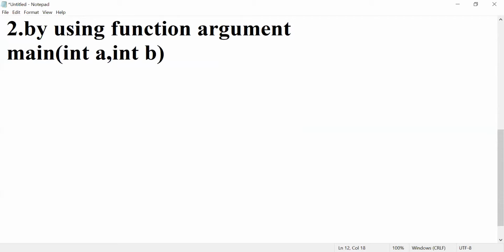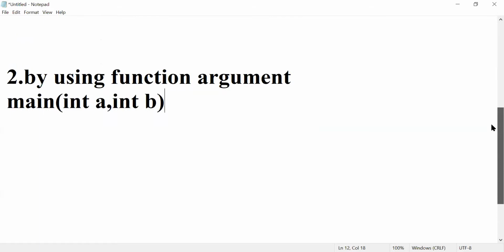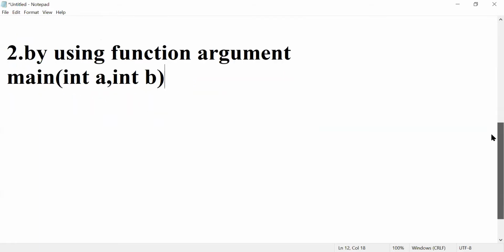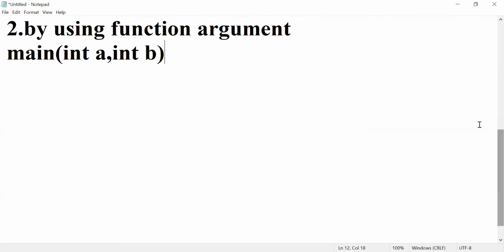At the time of execution, we have to pass the values. Not direct initialization like assignment statement, where in the program itself we initialize the values. We have to enter the values during execution. That's why we have to pass the arguments in the main method. This is the second method, by using function argument.